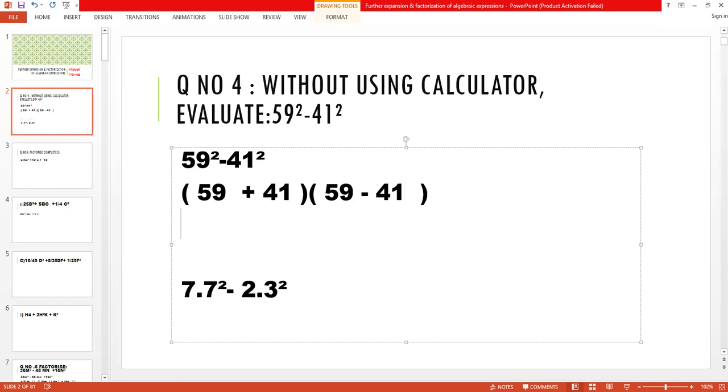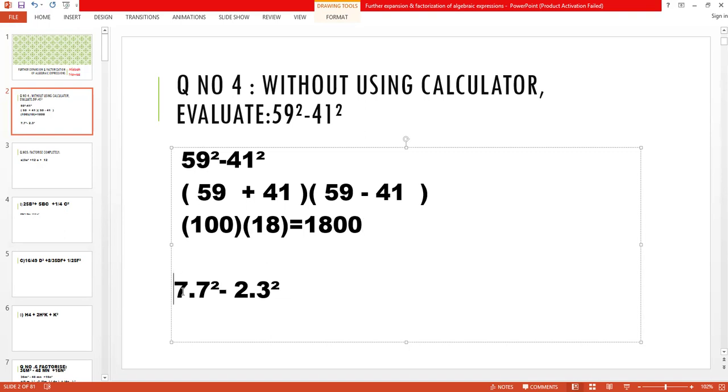So look here, 59 plus 41, it is equal to 100. And when you have to subtract, 59 minus 41, it is equal to 18. Okay, 5 minus 4, 1, 9 minus 1, 8. तो ये 18 आ जाएगा. 18 को 100 से मल्टीप्लाई करें तो विदाउट यूजिंग कैलकुलेटर यू आर एबल टू राइट आंसर 18 लिख के हाउ मेनी zeros you have to put 2 zero. So this is the first part of question number 4.